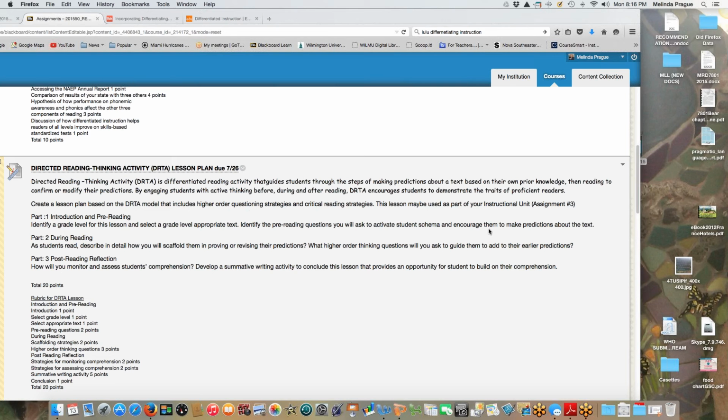Now, assignment 3, we make an instructional unit. If you do a good lesson, okay, and you don't want to make an extra lesson, then decide what your instructional unit is going to be on, because you're going to be creating more than one lesson, and this can be part of that unit, providing you love what you're choosing. So choose something you love.